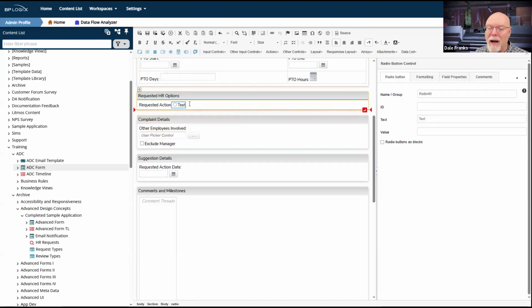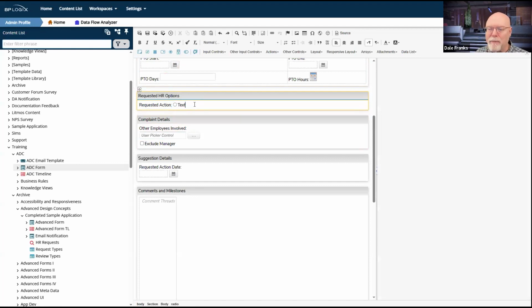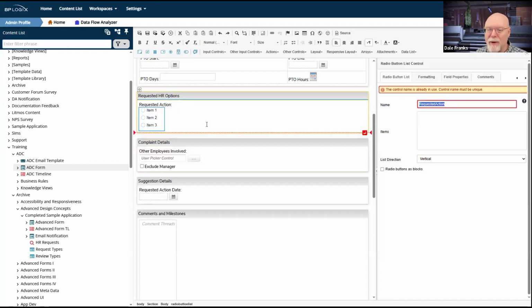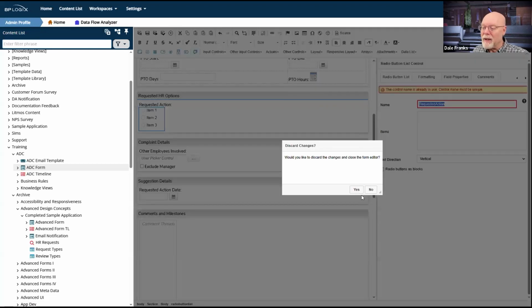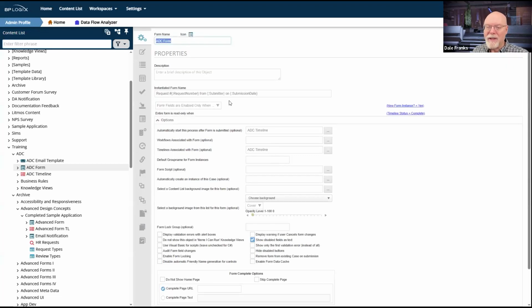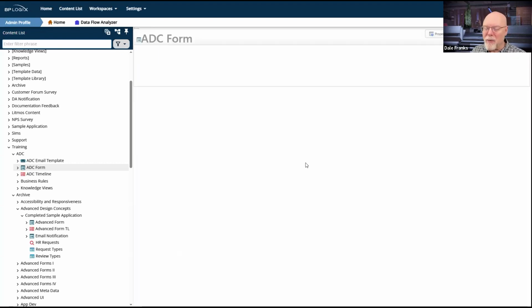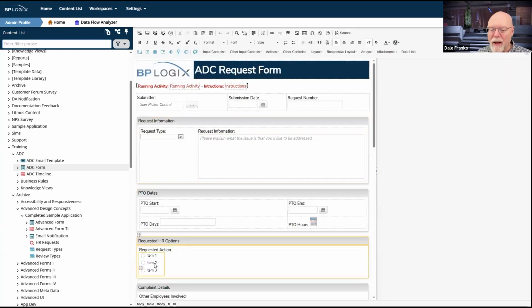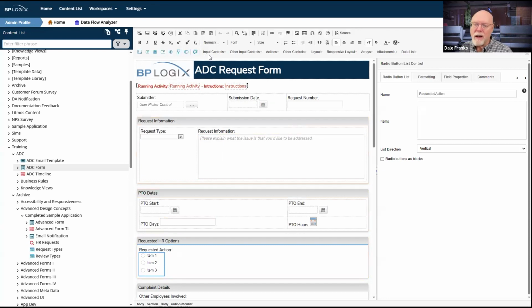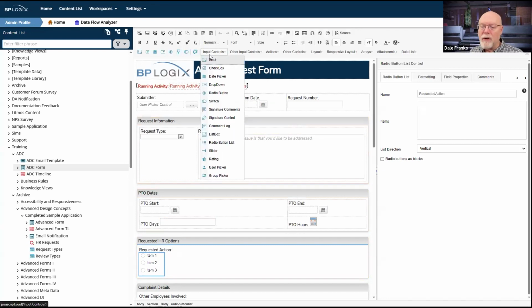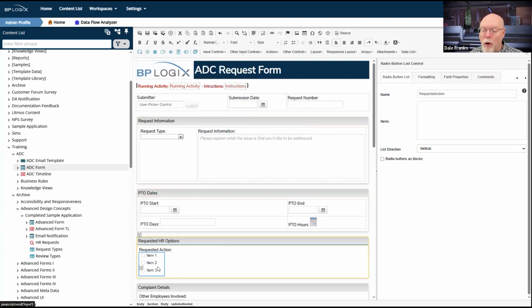And I didn't mean to add that radio button. That is absolutely something I did not mean to do. You know what? We're going to back out of this completely because I replaced my radio button list with a radio button. So the radio button list is just a normal input control. It's right here, the radio button list. It is a normal list control.